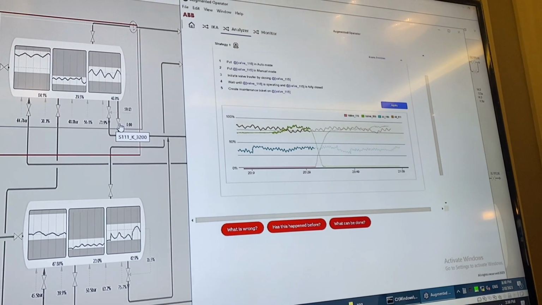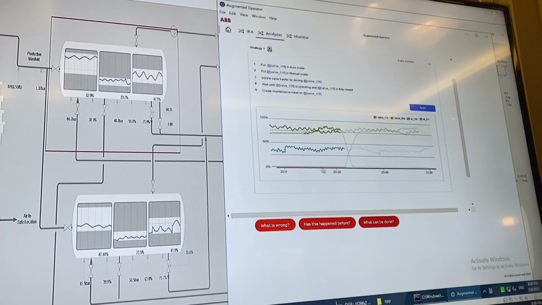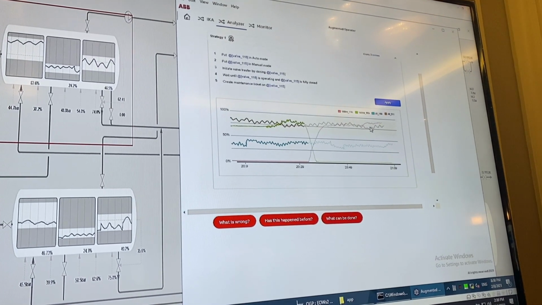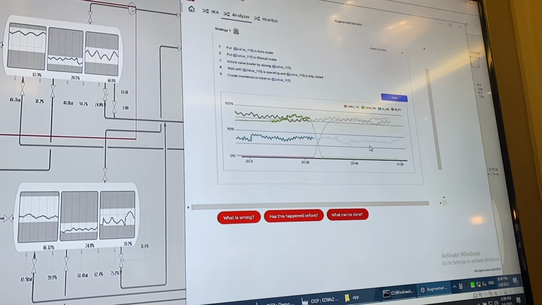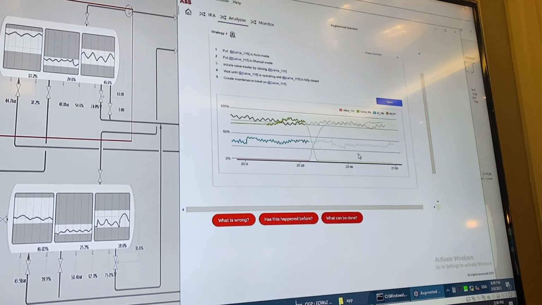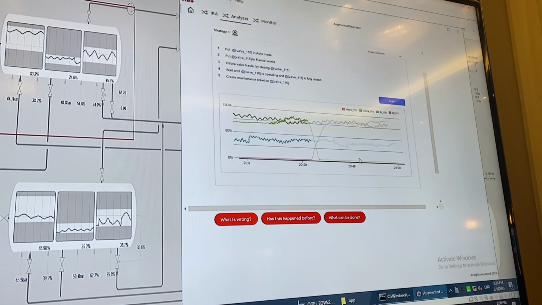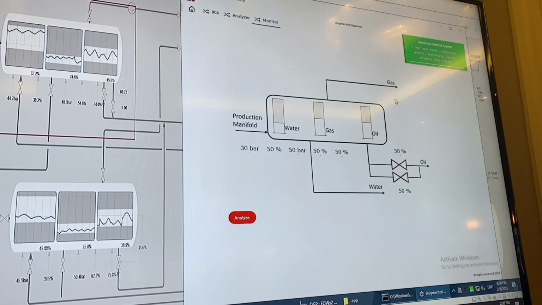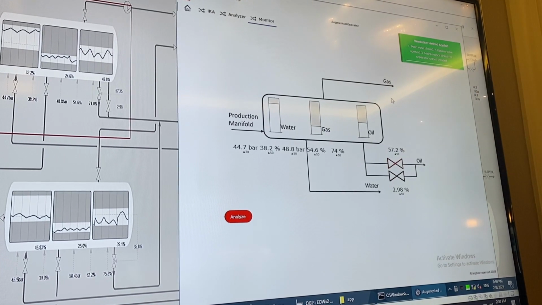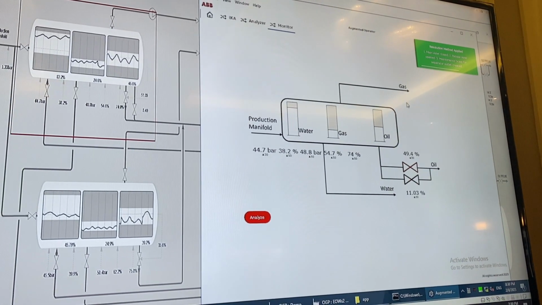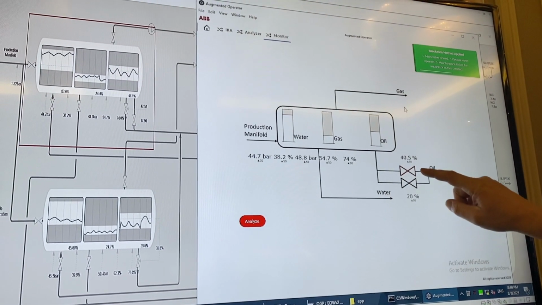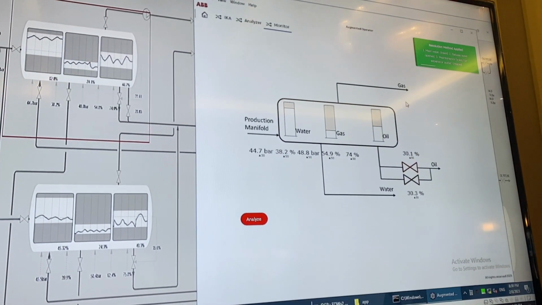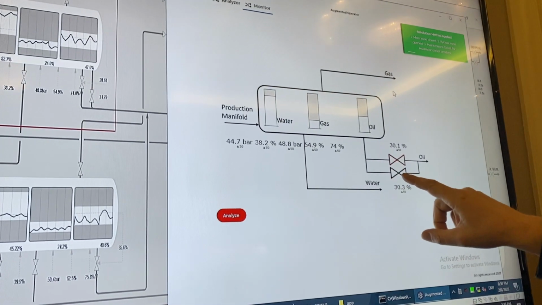If one of the valves has a friction issue, you can open the other one. It will open the separator. Flow for oil, gas and water will normalize out, and we stay in a fully acceptable range. And now I would say, well, that looks good to me, so I would apply this, and then the system automatically deploys this proposed methodology of how to overcome the problem. This valve now here is closing down, so you go from 30% finally down to 0%,